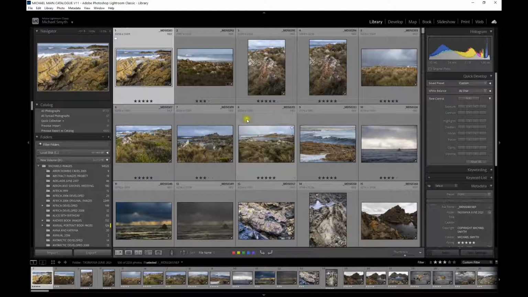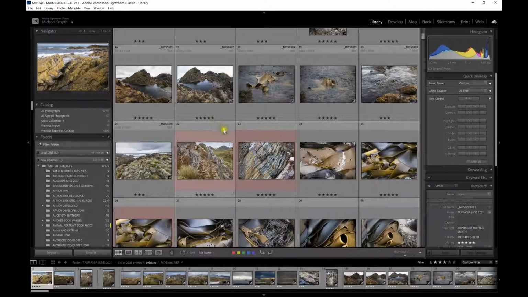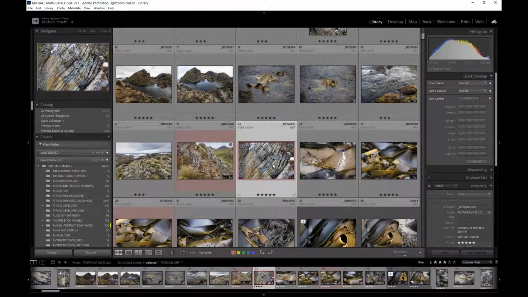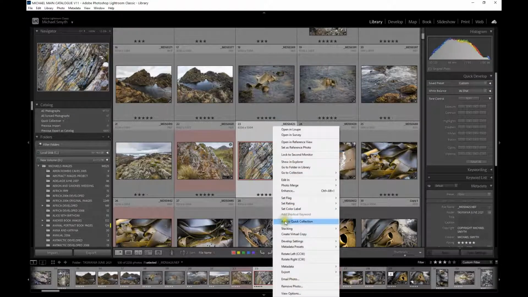The simplest way to create a collection is when we're working through our image files, we want to put together a group of images for a particular topic. Let's just say we pick out a few images and we want to put them into what's called a quick collection so that we can quickly analyze them and see if they're what we want. Easy way to do that is each of these image thumbnails has a little dot in the corner. If you just click on that dot, it will be added to the quick collection. Another way to do that is to just right mouse click on an image and say add to quick collection,